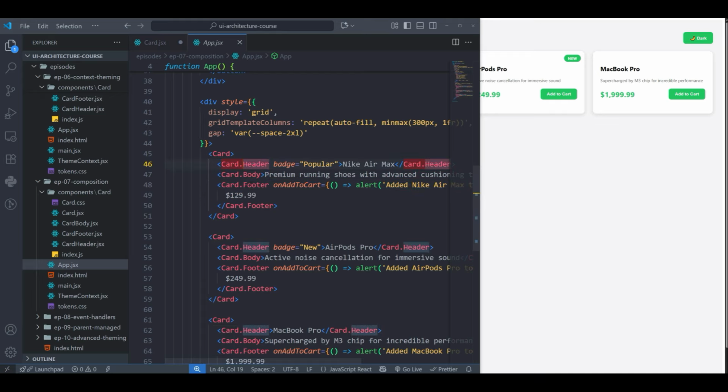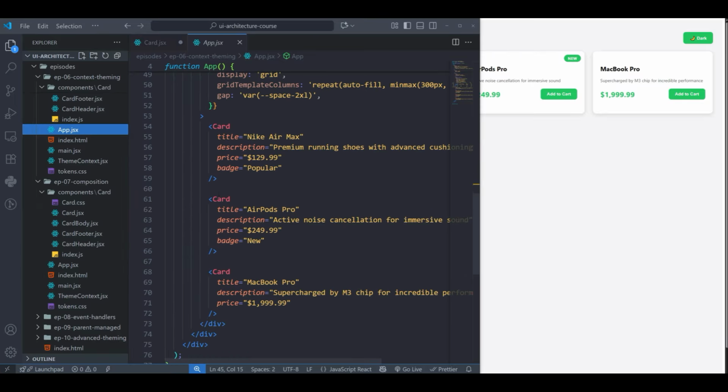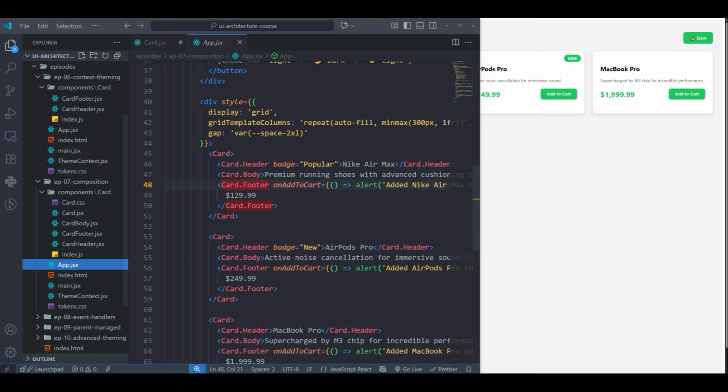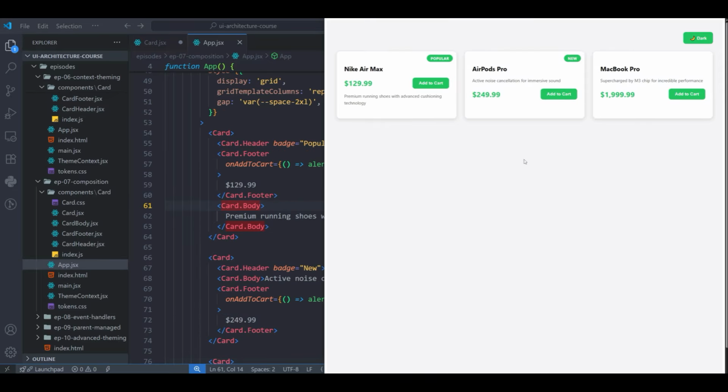So we are deciding the order. But if you check the previous implementation, go to the app.jsx. In here you will say I have the card and I am passing these props. Now here you cannot decide the order of any subcomponent. But in here, let's say I want to move this card body after the footer, I can just move it here. If I save it, see,